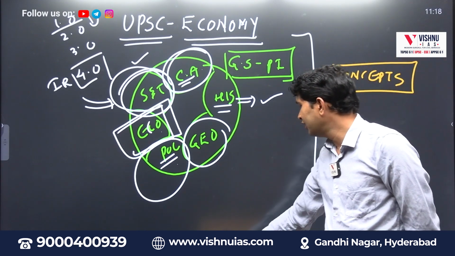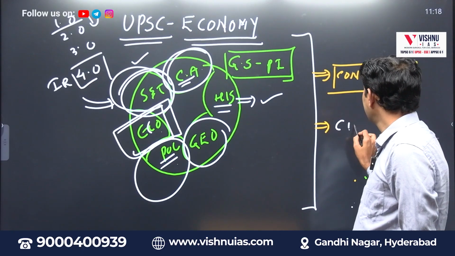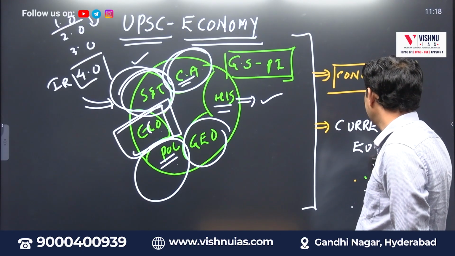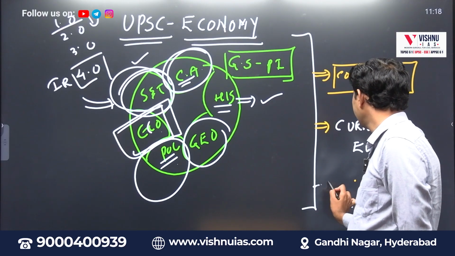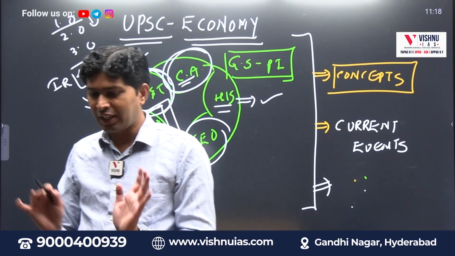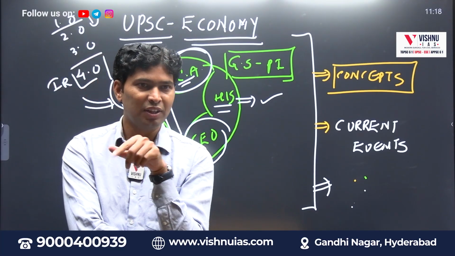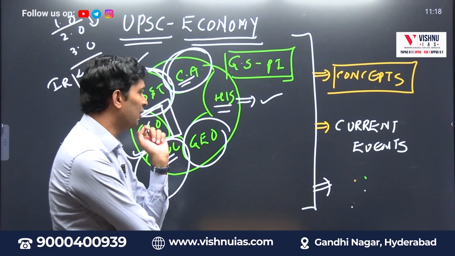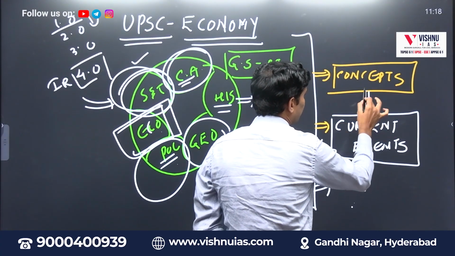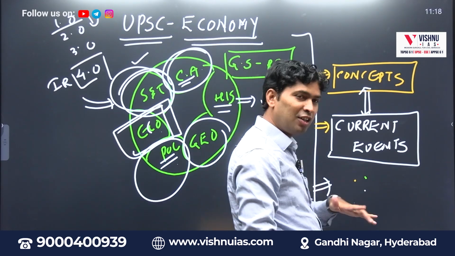Second important part, for all this, history, geography, polity, economy, in the newspaper there is a current event related to it every day. So what is reading of the newspaper? Reading the newspaper is nothing but reading all GS subjects at a time simultaneously. Some polity article will be there, some economy article, some geography article, some history article. So current events related to the concepts of polity, geography, history, economy, science and technology. History also has current affairs.